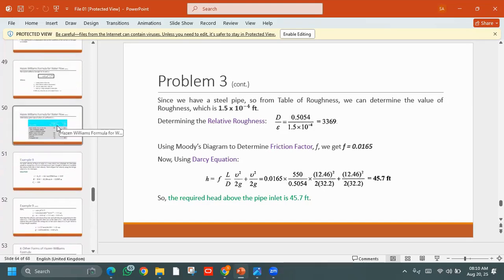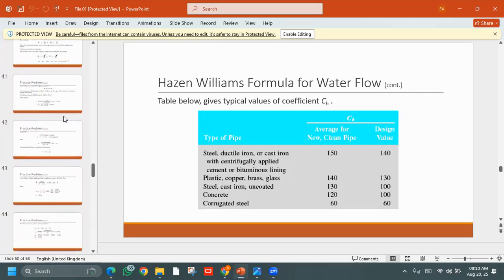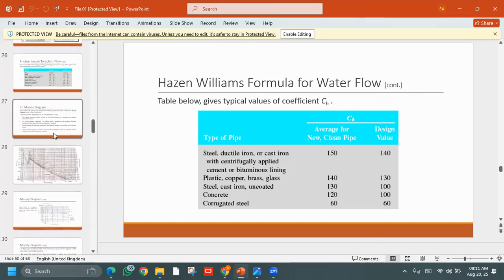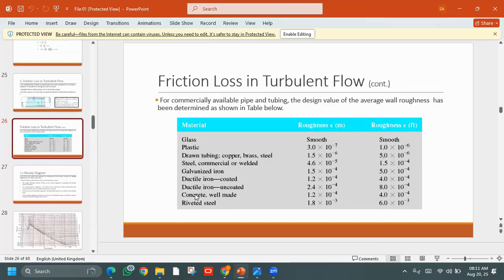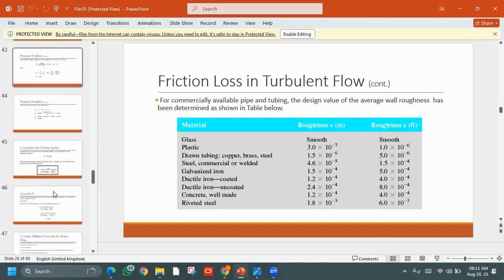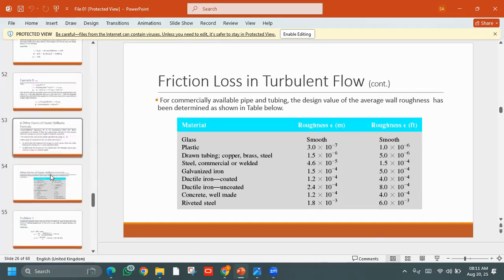So let's move towards the table. We have different values of roughness in the table. Let's see where we have it. This is a steel pipe, and we have the value for steel equal to 1.54 into 10 raised to the power minus 4. So let's pick the value for the roughness, and now move towards the main equation, which is related to